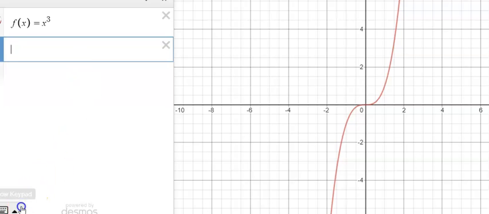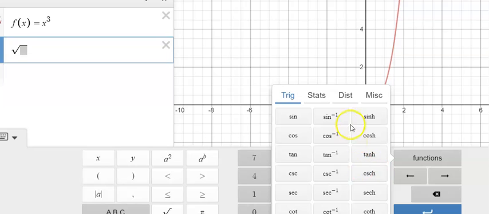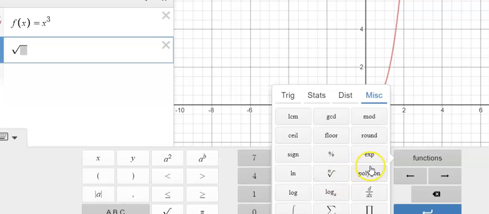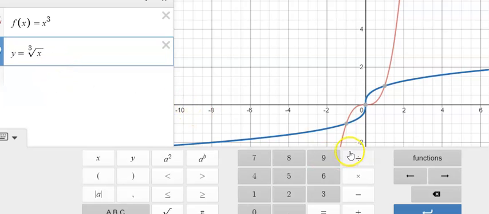I'm not real sure how to do it. They've got a keyboard. Let's see if we can find it. Will they let me change this to a cube root? I don't know. I'm not going to be able to graph this, am I? Oh, look. There it is. Cube root. I can do it. So we're going to say g of x, or y, equals cube root of x. And there it is. So guys, you'll just click on this little keyboard down here and kind of play around,